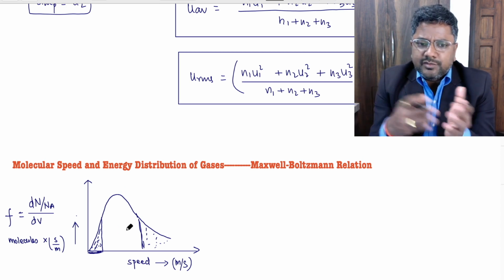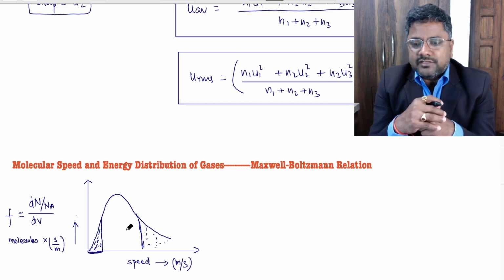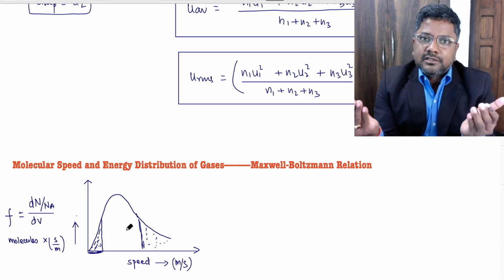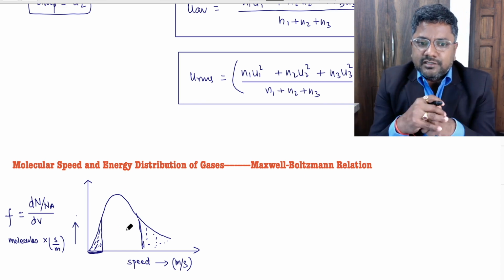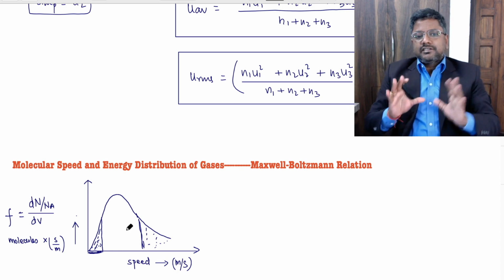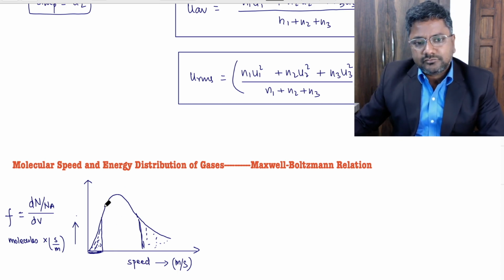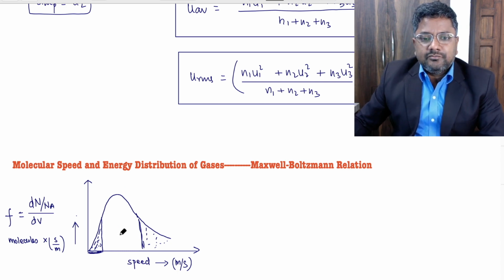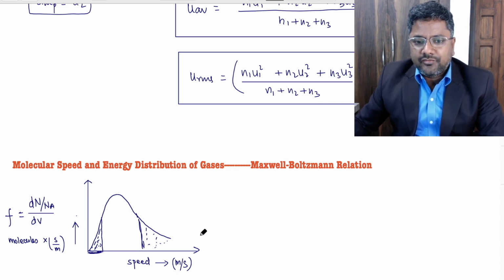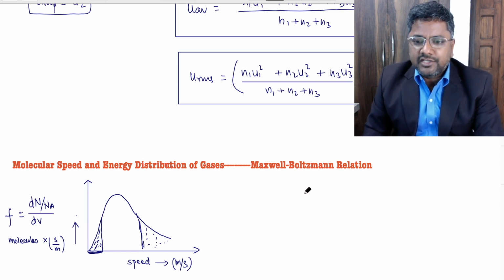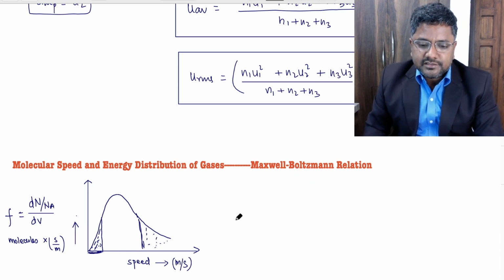Because with the speed you can correlate energy as well, because speed and temperature are related, and temperature and energy are related. So basically this is a simple graph which represents the variation of speed or energy with the number of molecules, right? So this relation is called the Maxwell Boltzmann relation, and this is given by